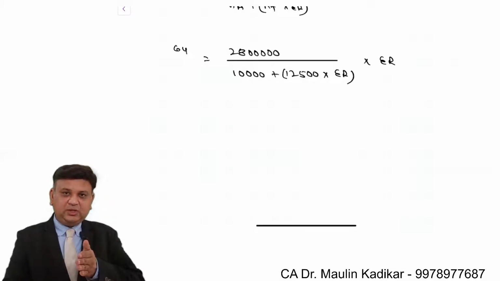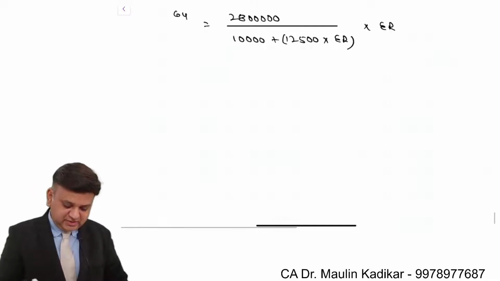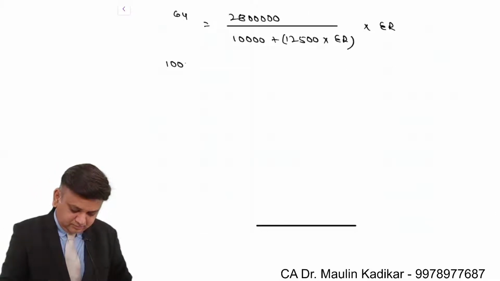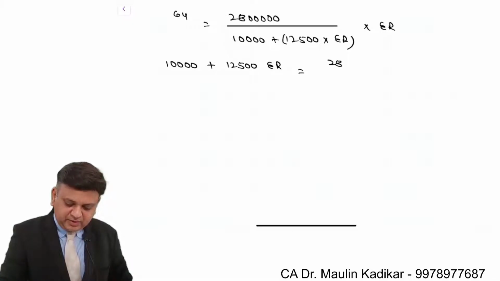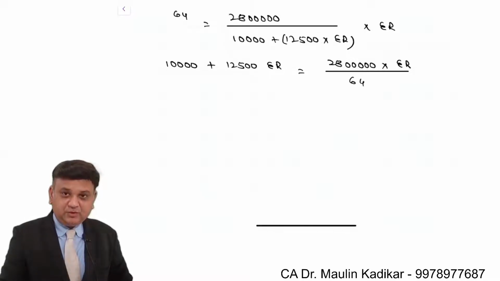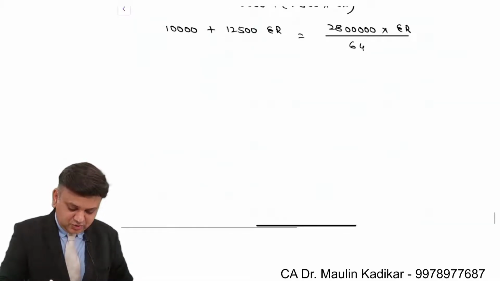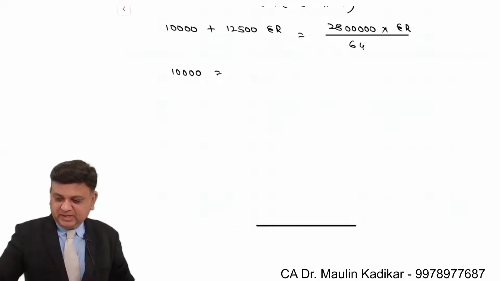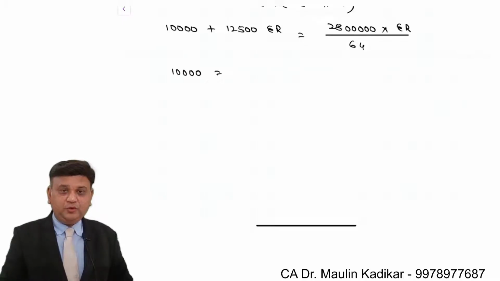So 10,000 and 12,500 transferred on the left hand side is equal to 28 lakhs into exchange ratio divided by 64. So 10,000 is equal to 28 lakhs upon 64, 43750